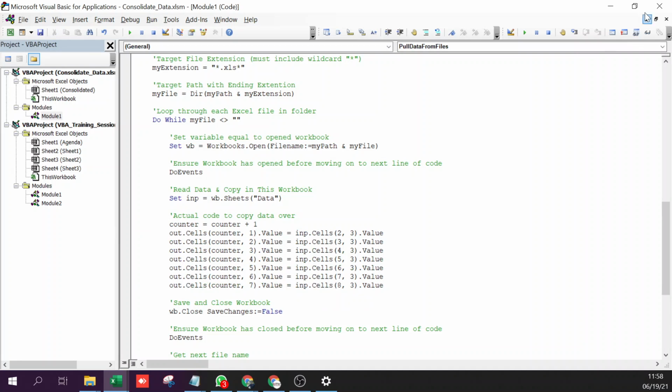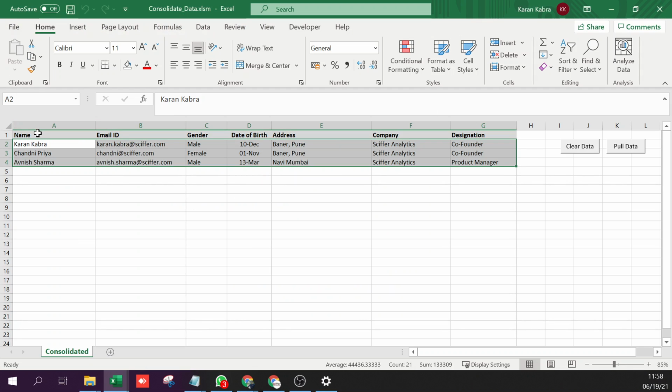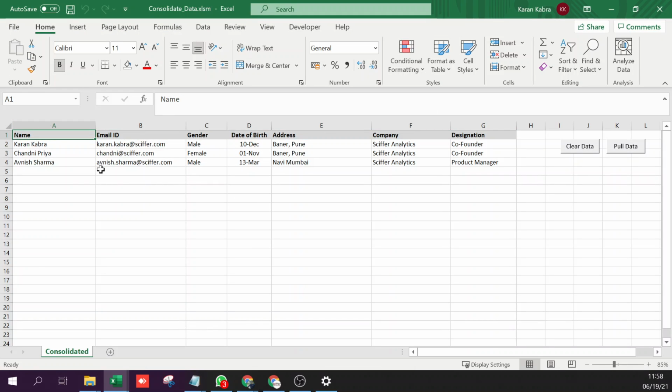And I think I've probably created this tool for 10, 20 clients. I don't even remember. A lot of companies have this issue of fetching data from multiple files into a single file. And everybody ends up doing it in a manual way, but you can straight away automate this kind of a process. So that's how referencing to a workbook, to a sheet, to a cell is important, right?